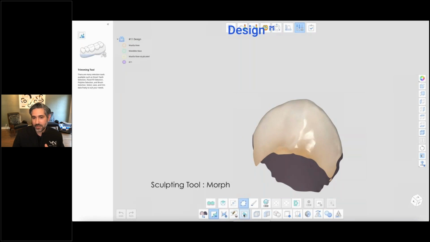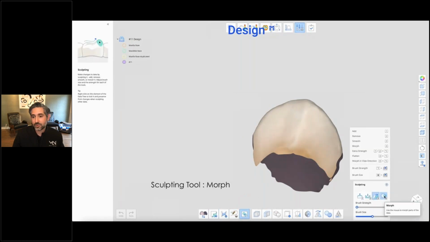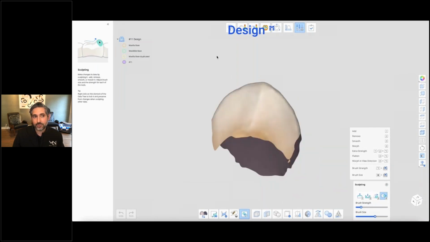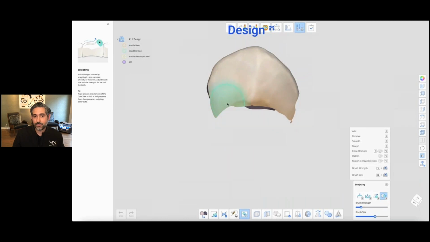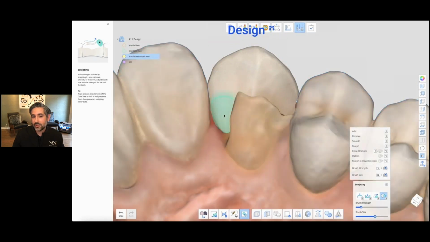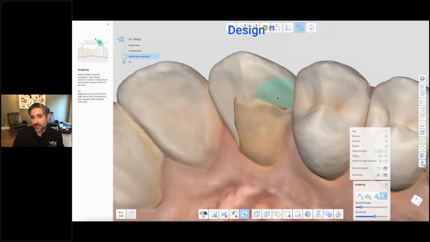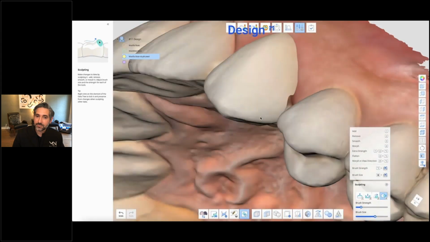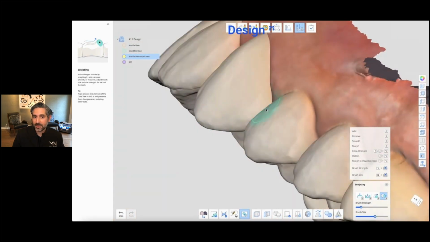So now you go into edit mode, and what you want to do is make this fit better onto the existing prep or whatever is left. So morph tool is what I want to use. And you can also do this with the duplicated maxilla still present, but I just wanted to get a little bit of extension there. So I'm just kind of peeking at it. And then it's just, as long as you're selecting the tooth, you're not going to do anything to the maxilla, which is really cool. It's pretty intelligent because it knows that you don't want to do that. And so here I'm just dragging it over the margins, closing the proximal contact